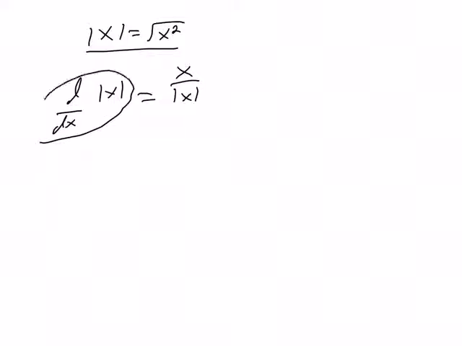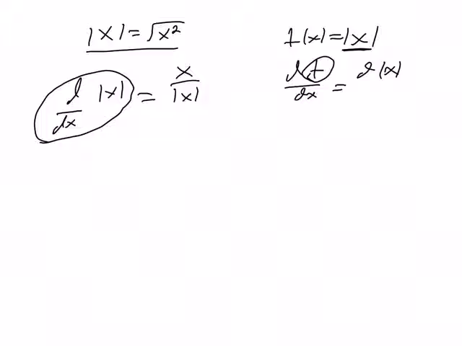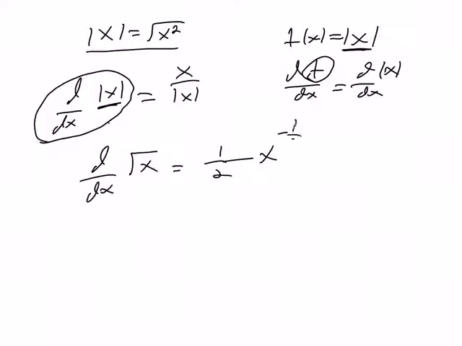Now, this is a completely reasonable notation, right? If f of x is equal to the absolute value of x, then we know what the change in f over the change in x is, but we can replace this f with exactly what it is. So this just makes sense. It's just asking for the derivative of this. So let's find d over dx of the square root of x squared. Well, this is equal to a half times x squared to the negative a half